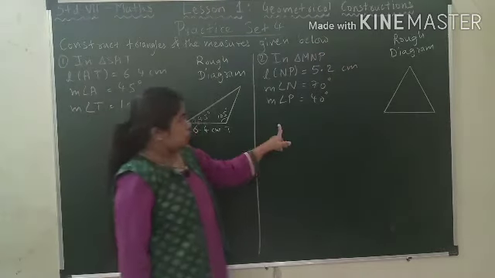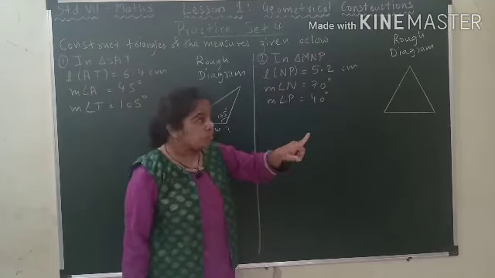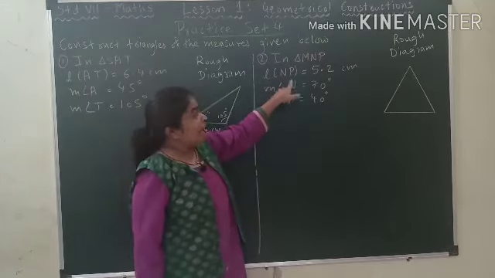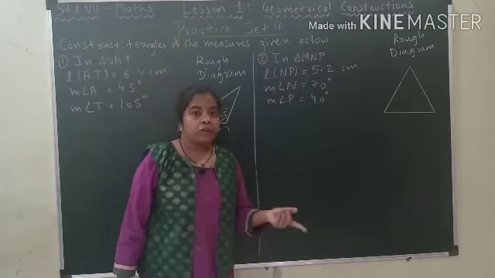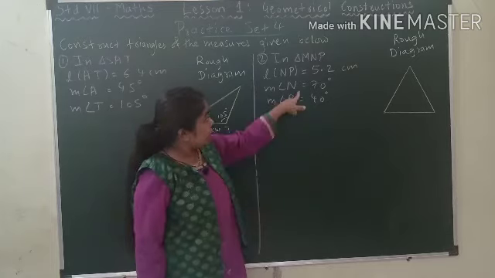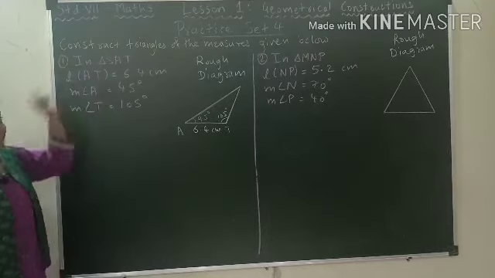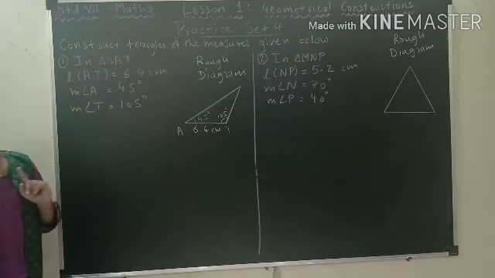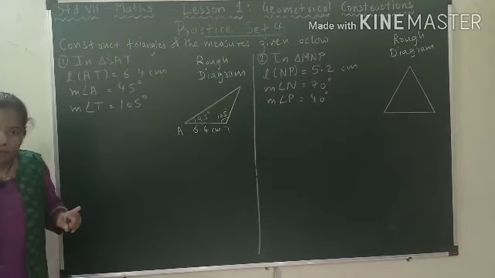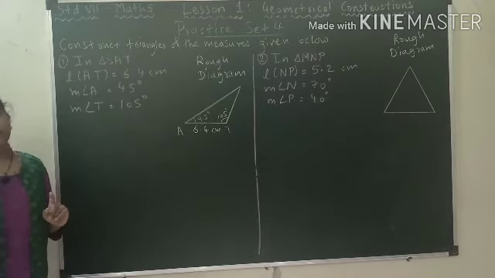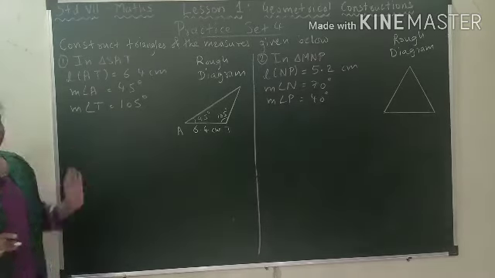Same goes there also. If NP is the side given to you, angle N should be given and angle P should be given. If the third angle is given, then you will have to find out these angles only which are given in the side. That's very important. Whatever alphabets the side is having, same two alphabets, angles we should have. Remember this, it is very important. Let's begin with the fair diagram.